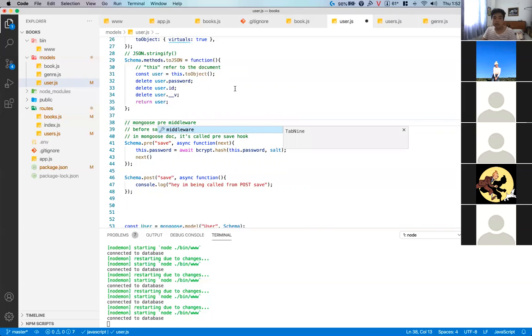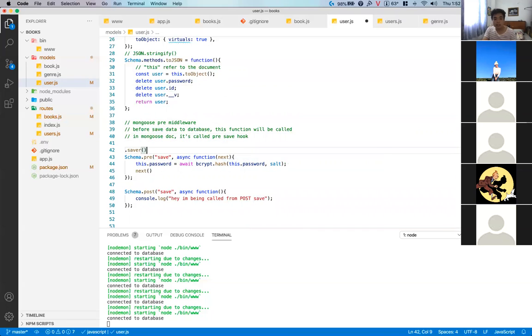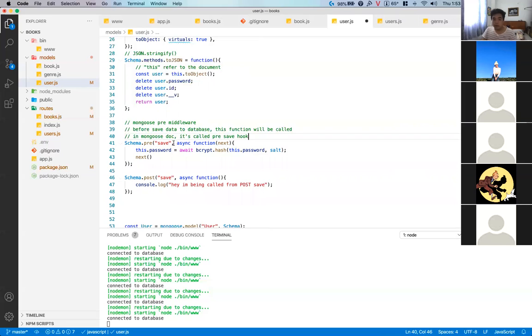Mongoose pre-middleware means before, so the word save here actually refers to this method. Remember this method, user.save? So save here is this save. Before you save the data to the database, we will run this function, and this here